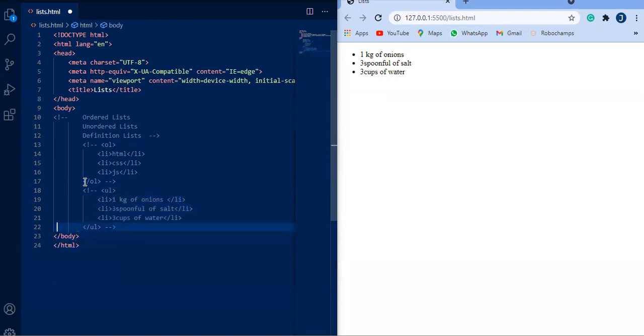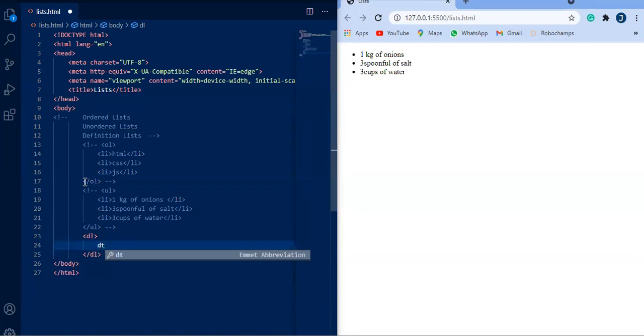Next, we're going to talk about definition list. So they begin with DL, definition list, and inside that we get two things, which is DT, the definition term, and DD, which contains the definition. So for example, I take dt first. Now I write succinct, and in dd I write